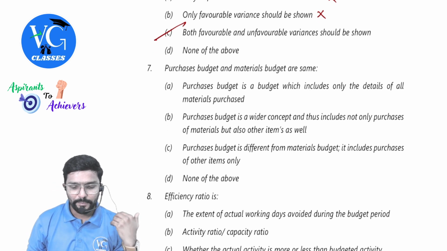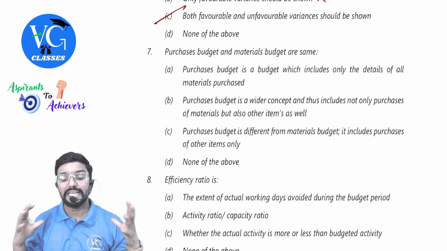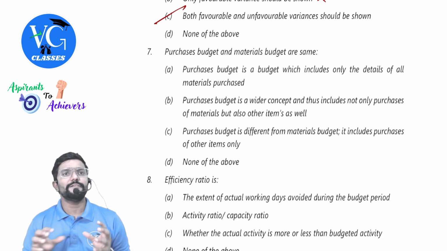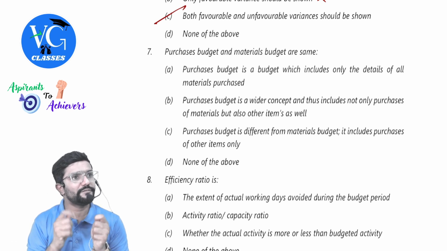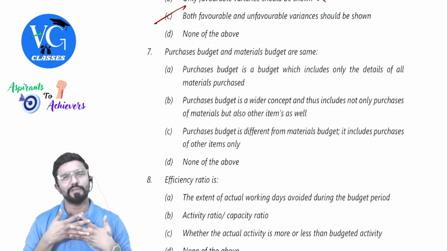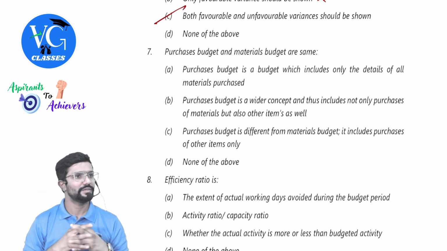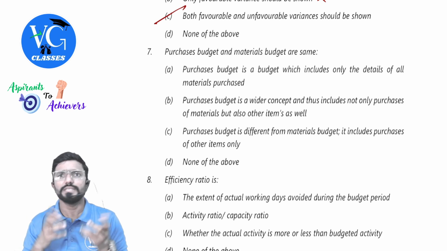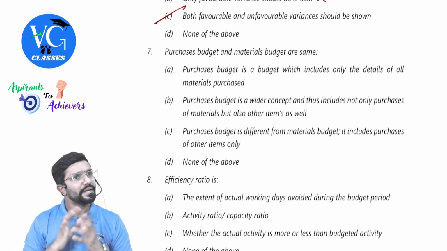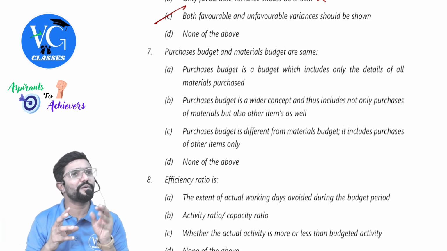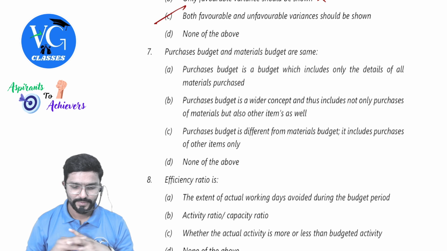Last one. Purchase budget and materials budget are same. Guys, is it same? No. Please be careful. Materials budget is prepared only for the raw materials. Whereas purchase budget, guys, normally we mean purchase means goods. But will purchase include only goods, sir? Need not be. For example, printing a stationery items I have purchased. Is it also purchase? Yes, sir. It can include anything other than materials also. Whereas materials budget will include only materials.